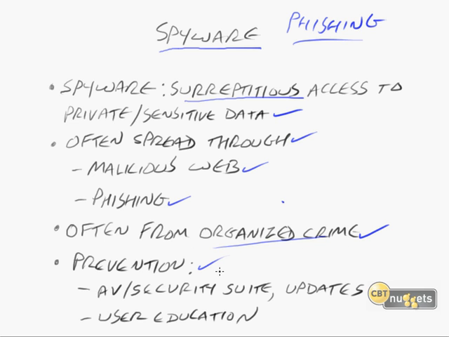The prevention of this is actually pretty simple. Again, probably something you're already pretty familiar with. Use antivirus software, some kind of a security suite, which usually includes antivirus and anti-spyware. It probably also has some kind of firewall. Symantec, for example, I use in one of my offices a Symantec product that has kind of all-in-one packaging. McAfee, Panda, all the rest of them have similar kinds of security suites. It's probably a good idea.